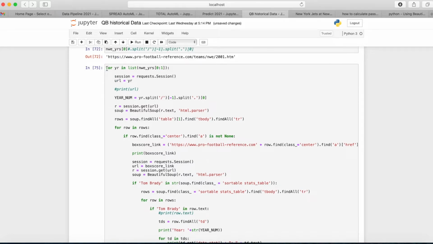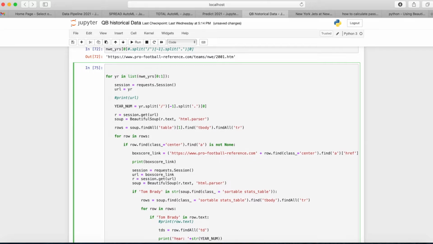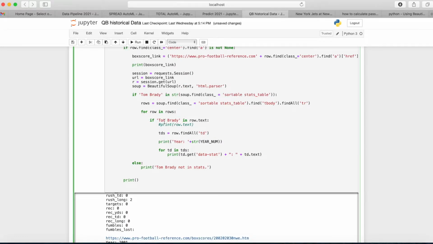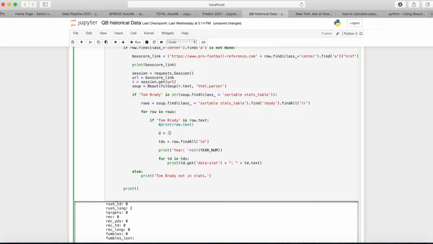Now typically when you're doing loops, especially with web scraping, one of the easiest ways to turn this into a data frame, as it's called in Pandas, is to make what's called a list of dictionaries. I abbreviate it LOD, but you can call it anything you want. That stands for list of dictionaries, and I'm going to start it off as just an empty list, so it's got nothing in it, and we will iteratively add different things to it. Then we'll create an empty dictionary. So we're going to say D equals this empty dictionary,